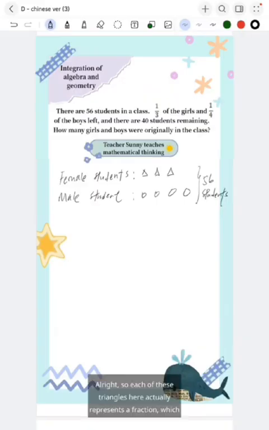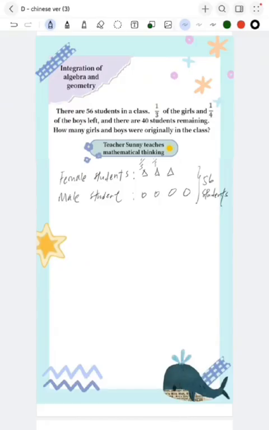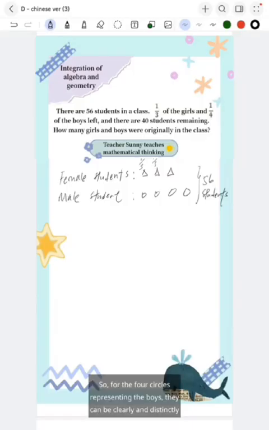Alright, so each of these triangles that you see here represents a specific fraction, which is 1/3, right? This is because it is one part out of a total of three equal parts. The same logic applies to the four circles representing the boys. They can be divided into four equal parts, so each circle represents exactly 1/4, right? That's the fundamental idea. Alright then, let's now